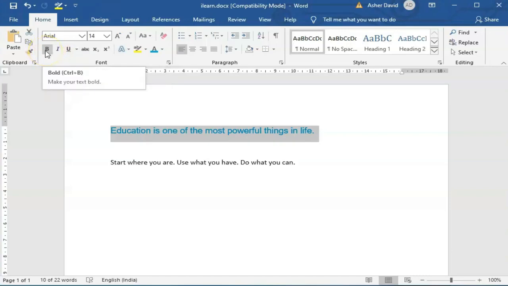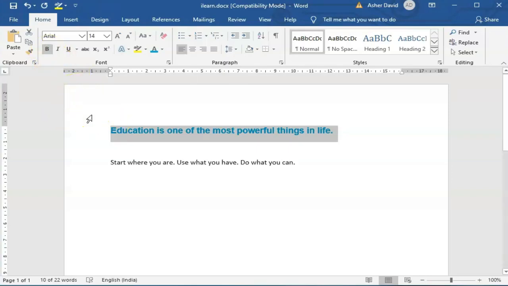First, I will click on the bold button. The text is already selected. See, when I press this bold button, this increases the thickness of the selected text and makes it dark. Now we will learn how to change the text to italics. Again, we have to select the text and go to the italics button. Click on it and you will see that the text will get tilted towards the right hand side.